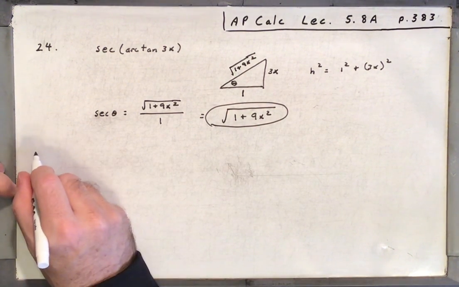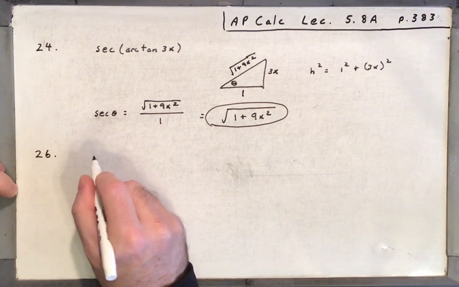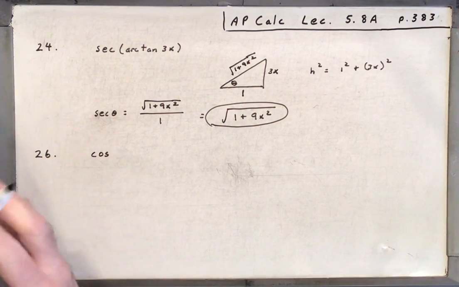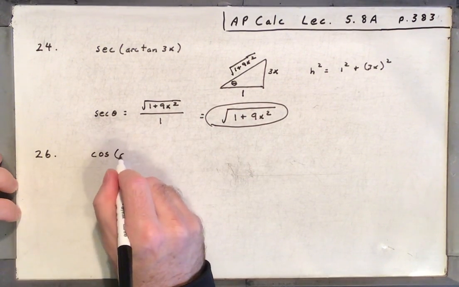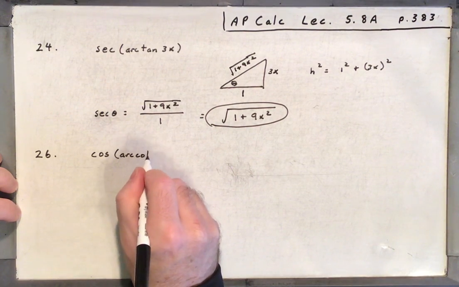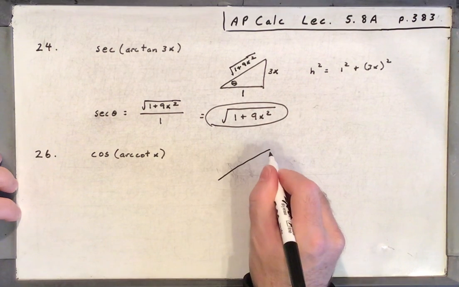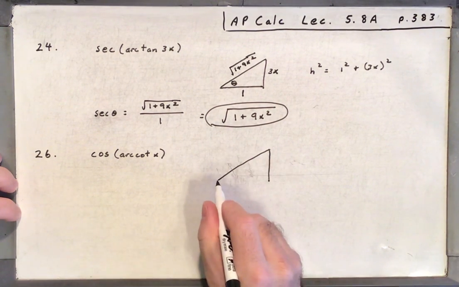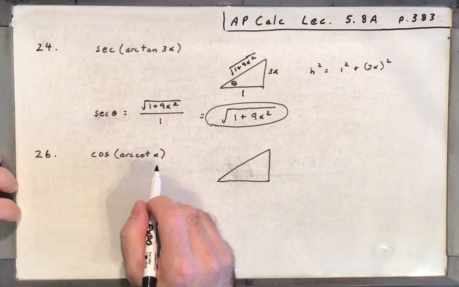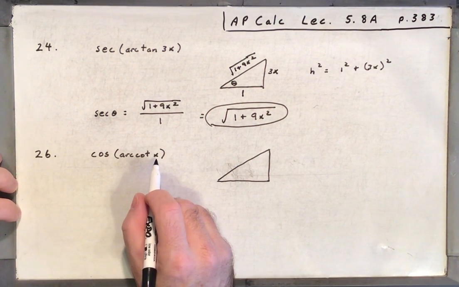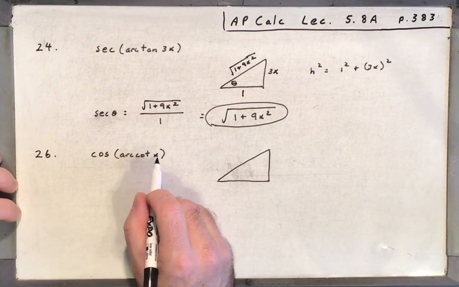All right, number 26. Okay, this one we want the cosine of the arc cotangent of x. All right, again, if it's not on the unit circle, let's draw a triangle. Well, x isn't on the unit circle. It's not root 2 over 2, is it? Or 1 or 0 or negative 1. Okay, so